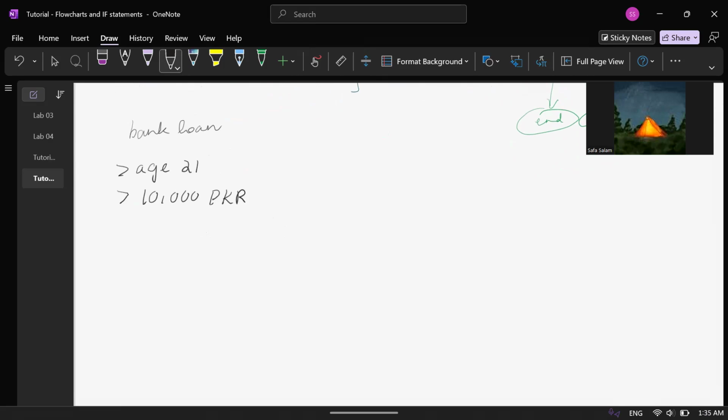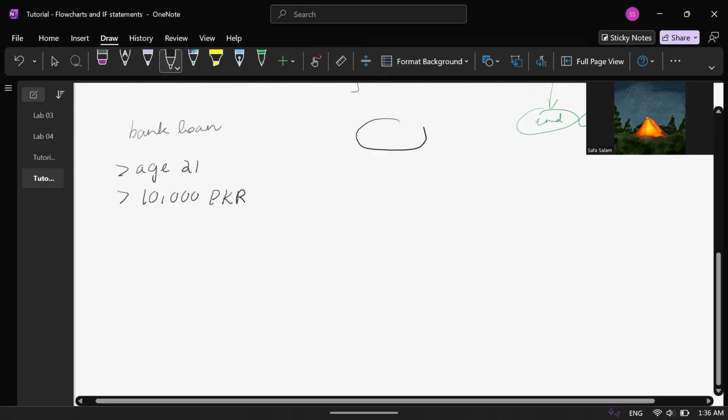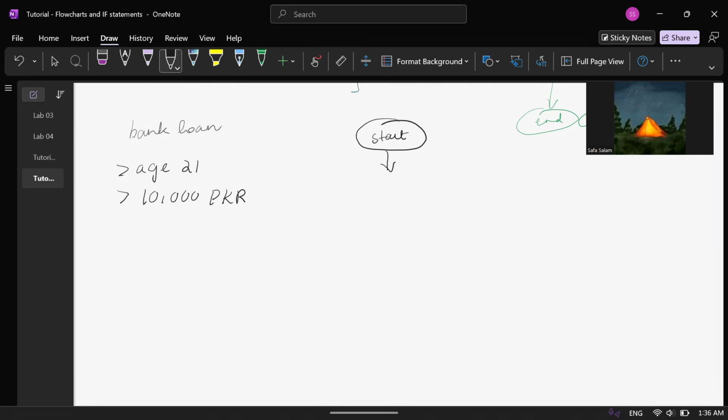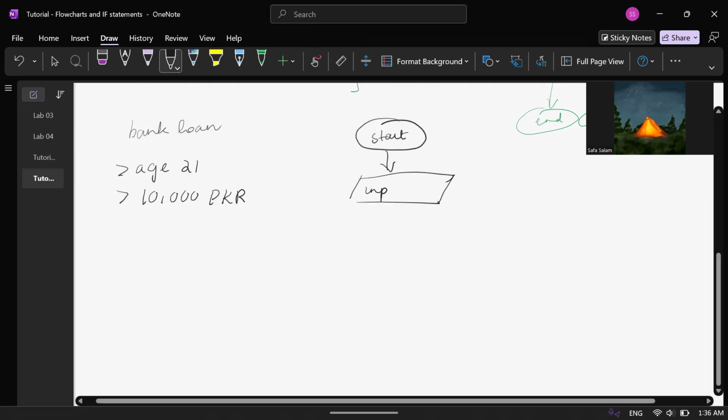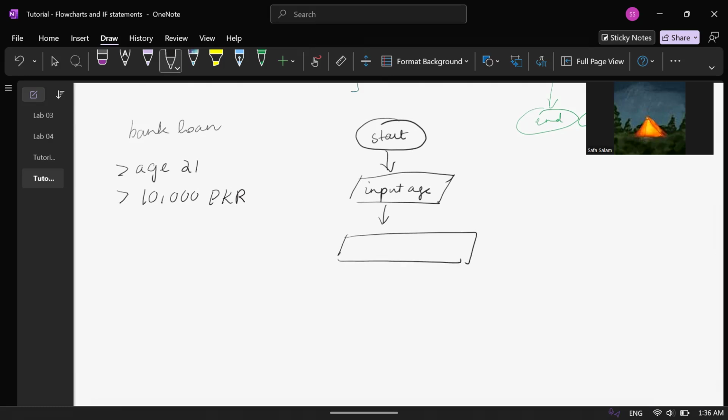So if you're making a flowchart and you have to check if a person is above the age of 21, and if they also have at least 10,000 PKR in their bank account, only then you'll approve the loan. Otherwise, you will not approve the loan. Okay, so make a flowchart for this first. You start your program. Then you ask them for an input. So input age, input your bank account balance, and